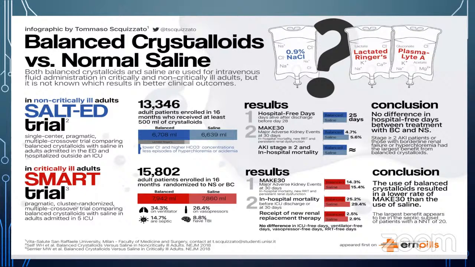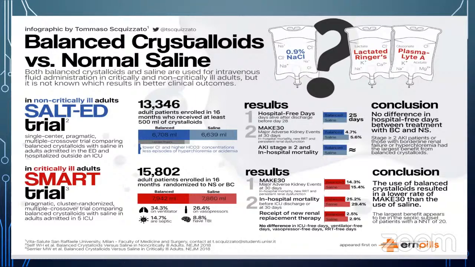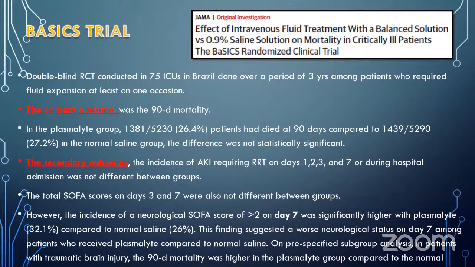If you see the SMART trial, which was majorly conducted in critically ill patients, they concluded that use of balanced crystalloids resulted in a lower rate of new-onset major adverse kidney events than the use of saline. So if you are using saline, the incidence of your adverse kidney events was more, close to 15.4%, than your balanced group. So this study was not sufficient because it was done in a smaller number of patients, and people looked over to